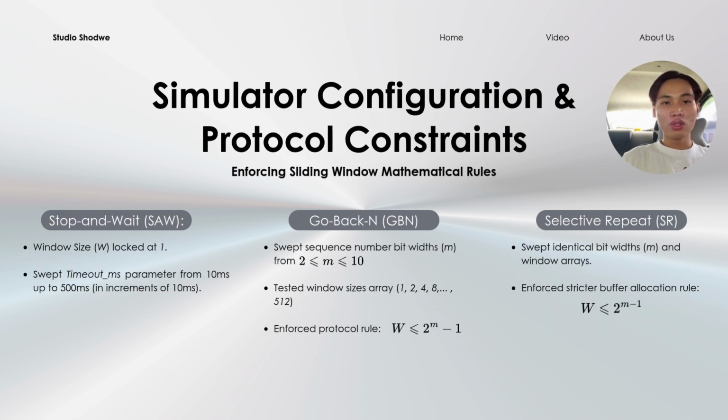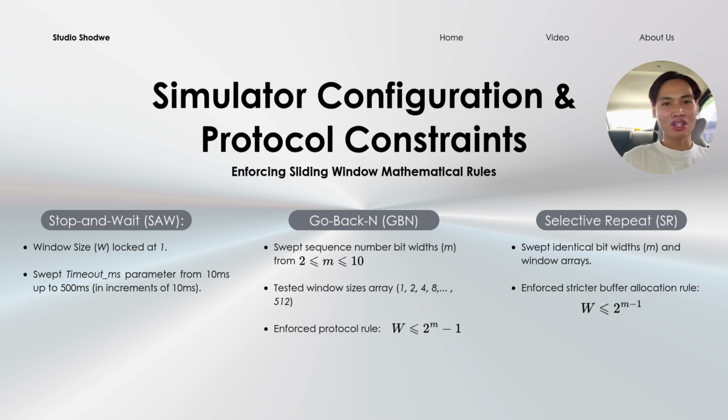During the simulation execution, the program strictly enforced the required mathematical boundary limits for sliding windows. Specifically, Go-Back-N window sizes were restricted to W ≤ 2^m − 1, while Selective Repeat window sizes adhere to W ≤ 2^(m−1), based on the sequence bit width m. All 18 raw unmodified CSV data files were successfully generated and handed over to my groupmate for data crunching and